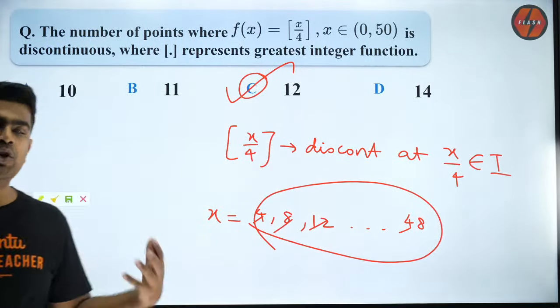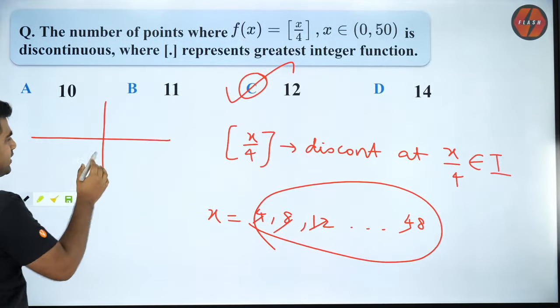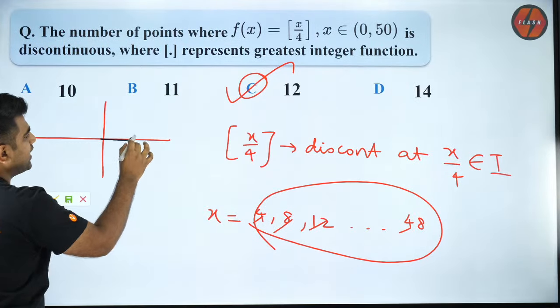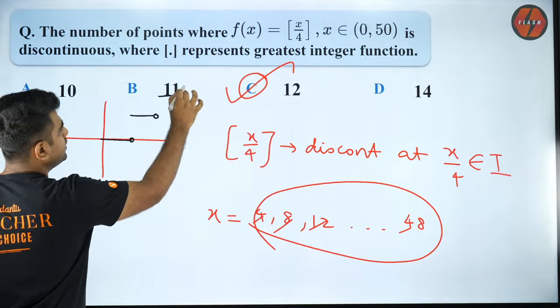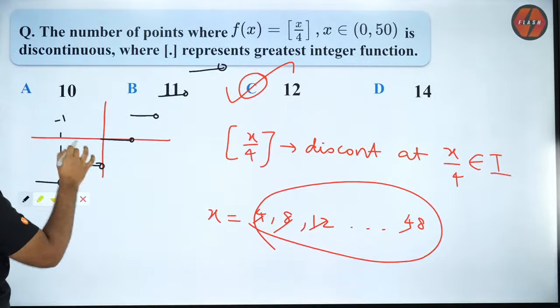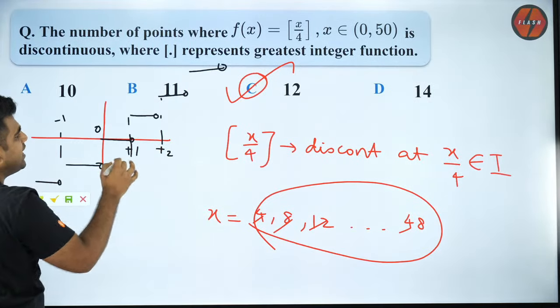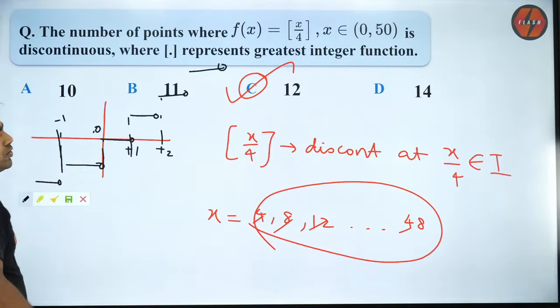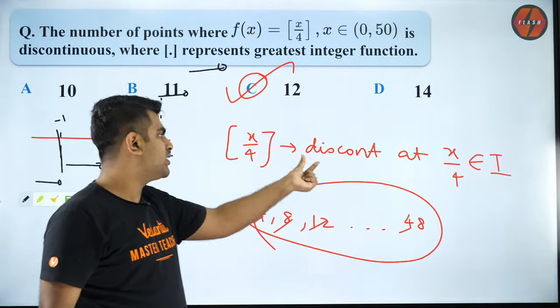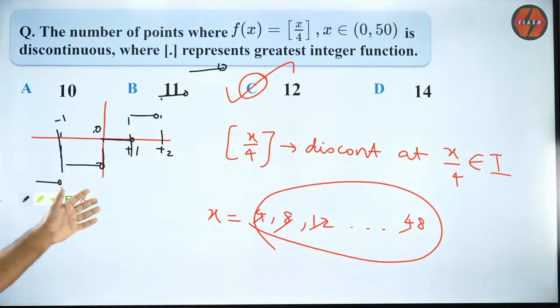I am sure everybody knows the greatest integer function looks like this. I'll draw it in black color. It looks like this, like this, and it keeps going. So where is it discontinuous? It is discontinuous at integer points. So you see, it is discontinuous only at integers. So GIF of something will be discontinuous when that something belongs to integers. As simple as that. So that's exactly what I did. Whenever I solve something, please understand the concept behind it, guys. That is what I want you all to know.